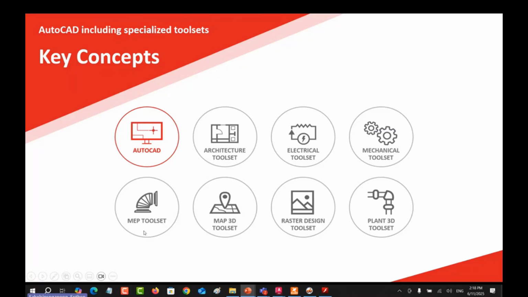The MEP toolset is for HVAC, and Map 3D is for maps. Raster Design is for converting raster images from old-style drawings to modern vectorized drawings. And Plant 3D is for tank vessel design, piping, and elbows. You can choose any one to suit your work, but today we're going to focus on the electrical toolset for schematic design.